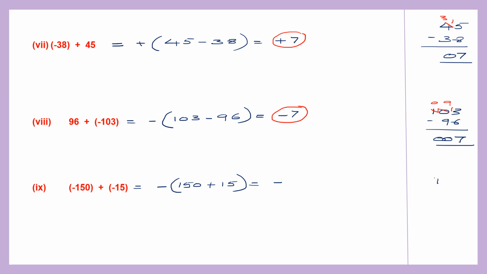150 plus 15. So let's add up 150 and 15. 5 plus 0 is 5, 5 plus 1 is 6. 165. So what is our answer? Negative